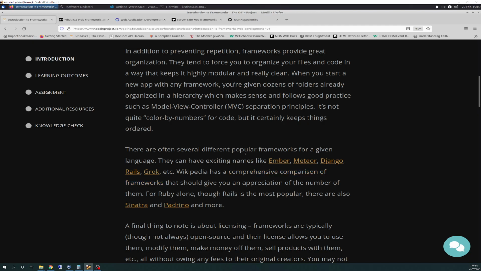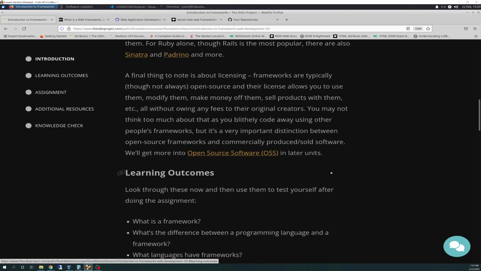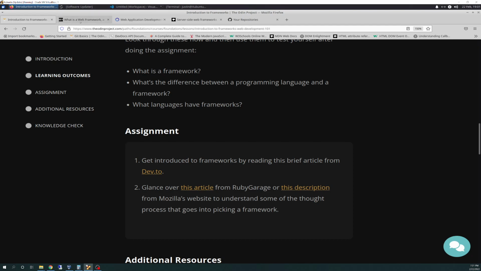It was just kind of funny how it's important to learn how to do what they call vanilla JavaScript, vanilla CSS, vanilla HTML, which is what it sounds like. Just learning the bare bones and the basics and the fundamentals like we have been for the past 67 plus days. But you can have a framework do a lot of that work for you. And there's different frameworks: you have backend frameworks, and you also have front-end frameworks. I generally knew the concept of a framework, but I didn't know what it actually does, and I still kind of don't. But these articles go through a pretty decent definition of that.